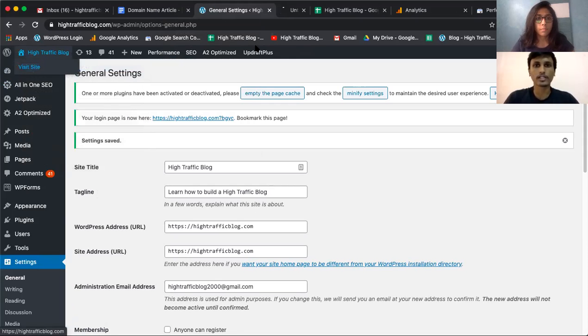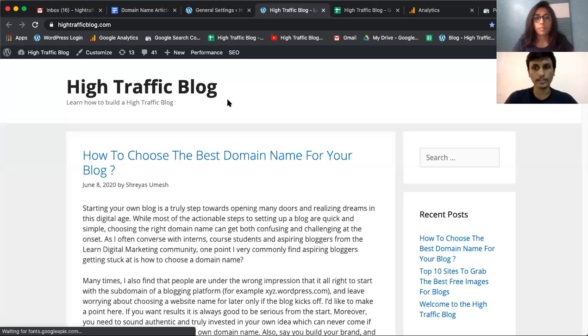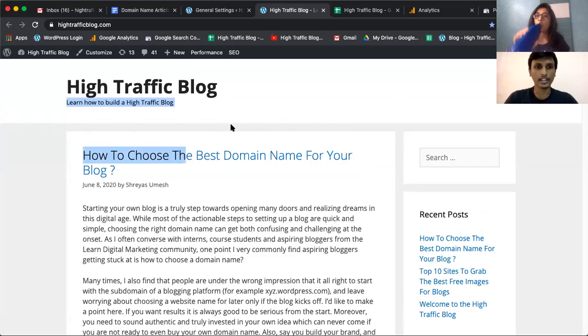So let's go to the blog itself. Let's see how it looks right now, and then once we do all the customizations, we'll figure out what are the changes that can be seen. The first thing here right now is we do not have any navigation menu. Basically, just below the tagline here, you kind of see the home page, about us page, contact us page, and all of that.